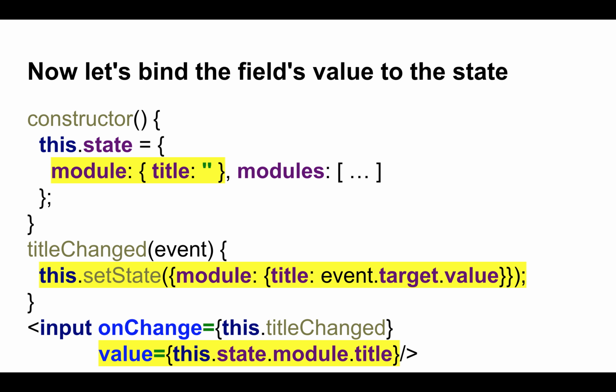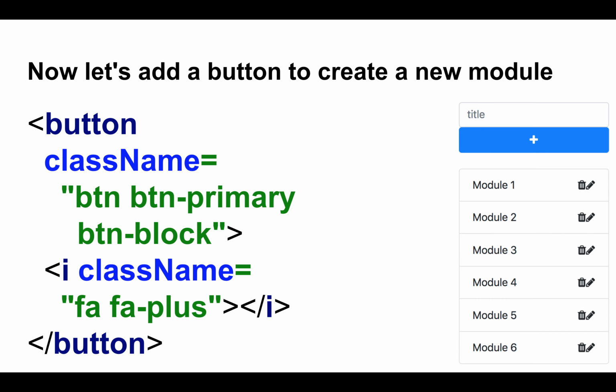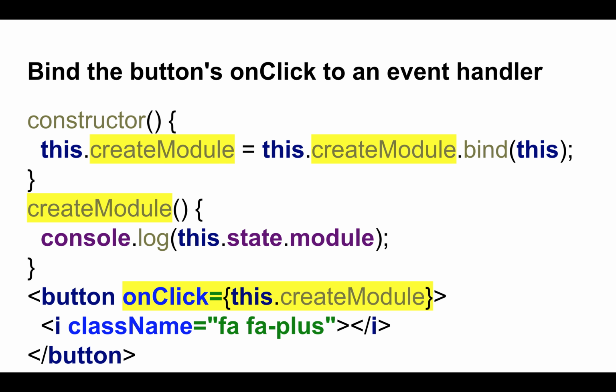All right, and once we have typed the name of the new module, we can have a button that if we click on it, we're going to call a local function, and that function will be responsible for updating the state. It's going to say, hey state, I know you already have 5 modules, but I'm going to create a new module, and I'm going to push it into that array. And when this function updates this state,